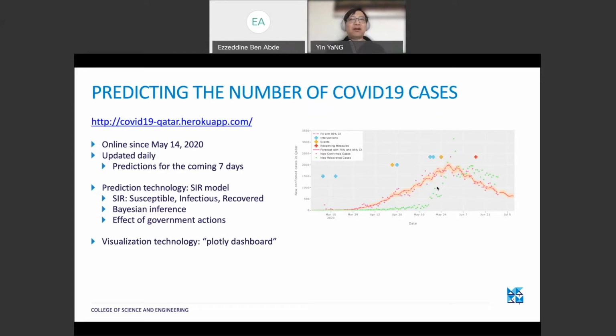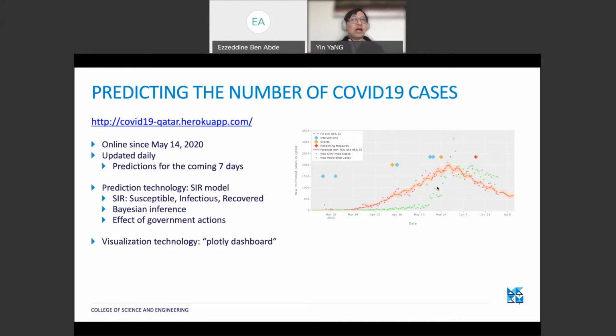So they do not infect other people anymore because they had the disease and they have recovered from that. And furthermore, since they already have the disease, they are immune to it for at least a period. So some research have indicated that this immune period will last for 1 or 2 years, or maybe even longer. So those will not spread the disease, and they will not get the disease. So the main mathematical tool here is called Bayesian inference. So Bayesian inference means you have a model, and you retrofit some parameters of the model, and then the model can predict the future